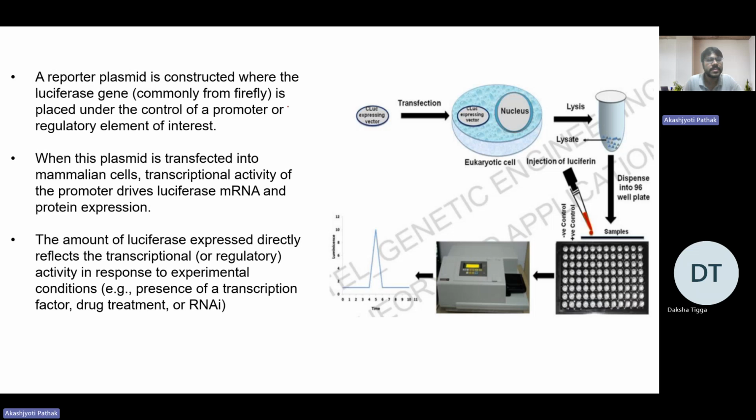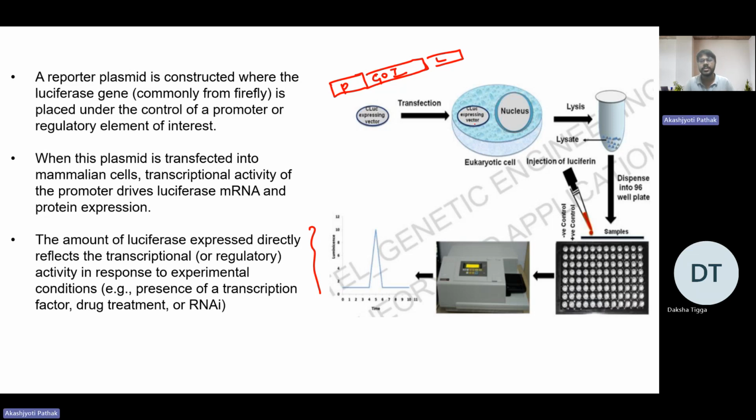So the reporter plasmid is constructed when the luciferase gene is placed under the control of a promoter or regulatory element of interest. So you have your promoter, and downstream to your promoter you have your luciferase enzyme gene, and you can also have your own gene of interest here as well. The transcriptional activity of the promoter will drive luciferase mRNA and protein expression. So the amount of luciferase expressed directly